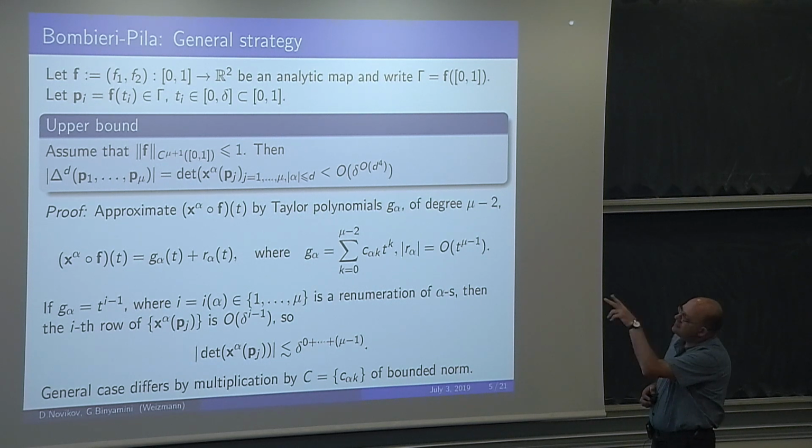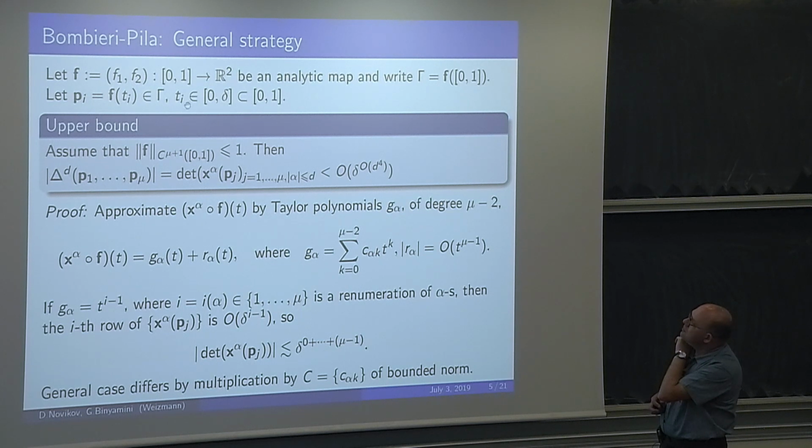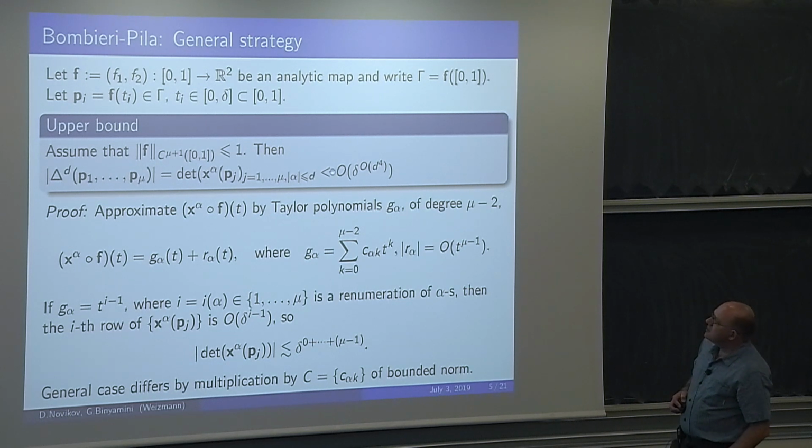First, we take the points which lie very close to one another, on an interval of length delta. Then it is clear that the determinant should be very small, because when they all coincide, we certainly get 0. So if they are very close, we get something very close to 0. And moreover, we can more or less explicitly compute the upper bound for this